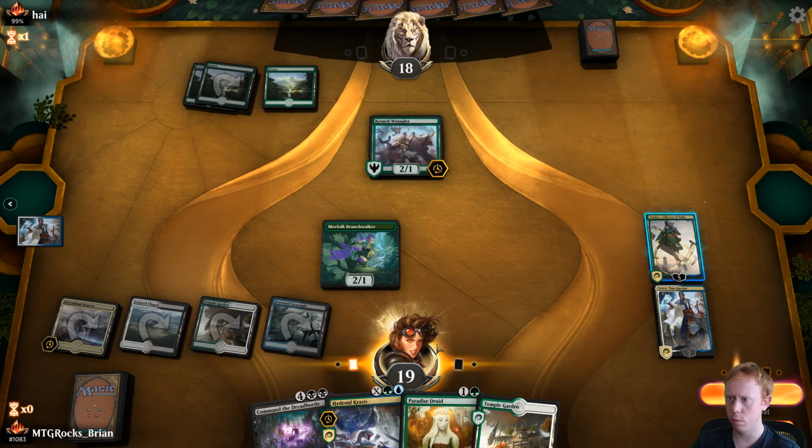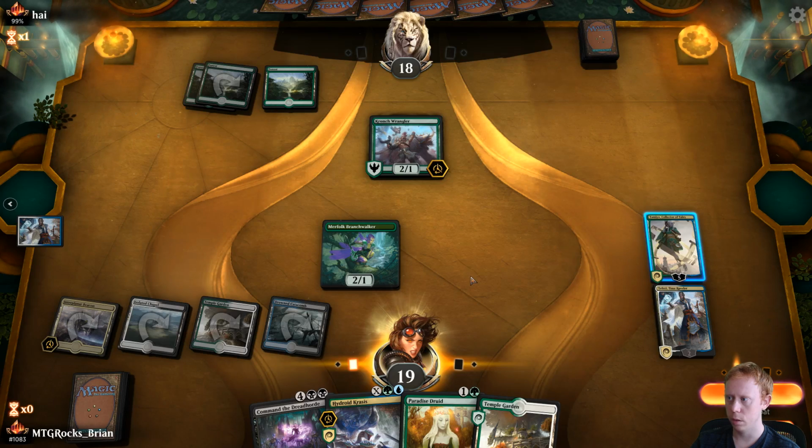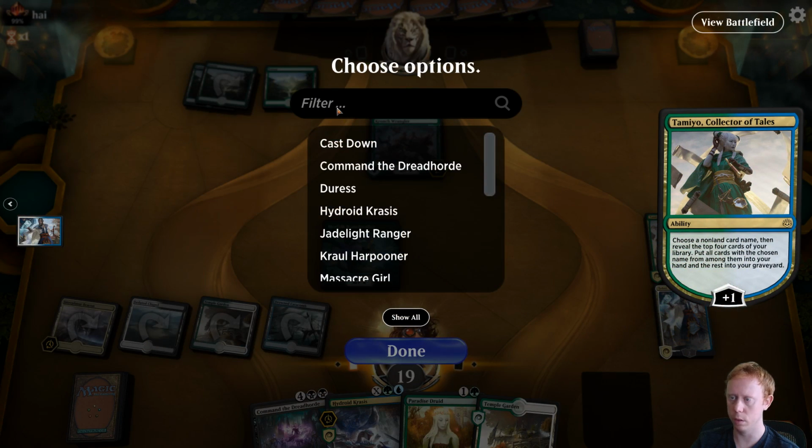And let's see, what do we want to draw here? Not sure I want Massacre Girl. I mean, Wildgrowth Walker would be okay, but maybe I'd rather have that in my graveyard. I guess a Teferi would be pretty good. We already have Command the Dreadhorde, so